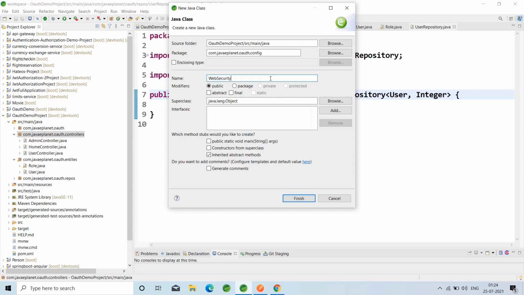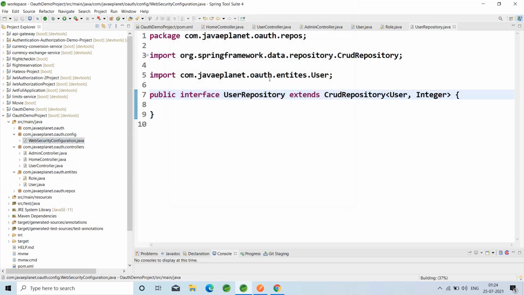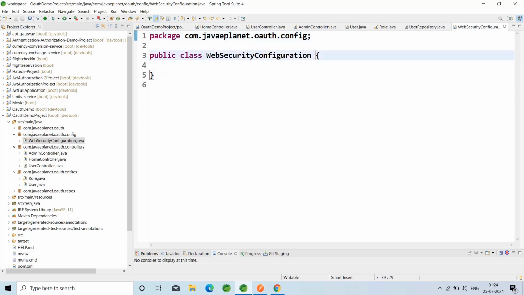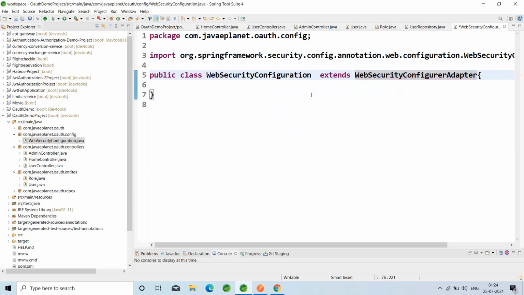WebSecurityConfiguration extends WebSecurityConfigurerAdapter and override the configure method which takes the AuthenticationManagerBuilder.